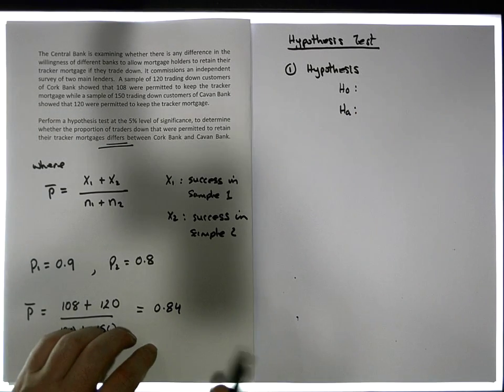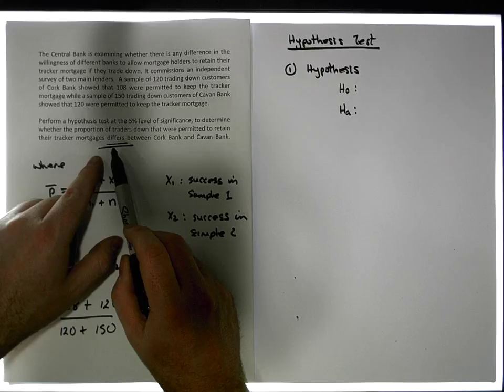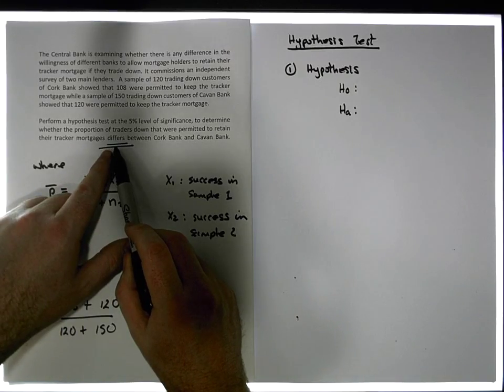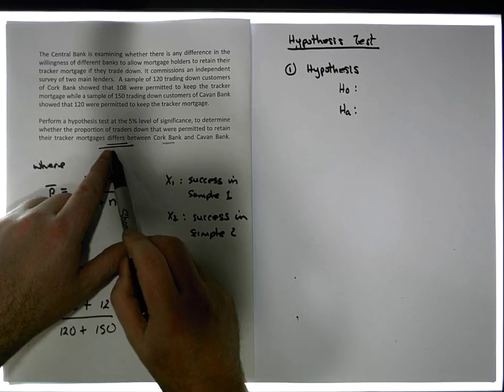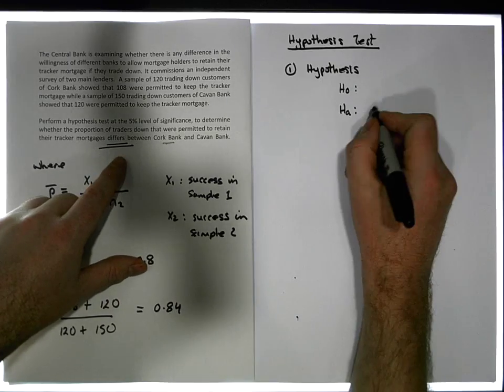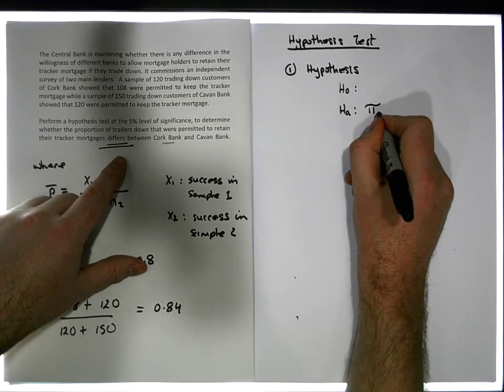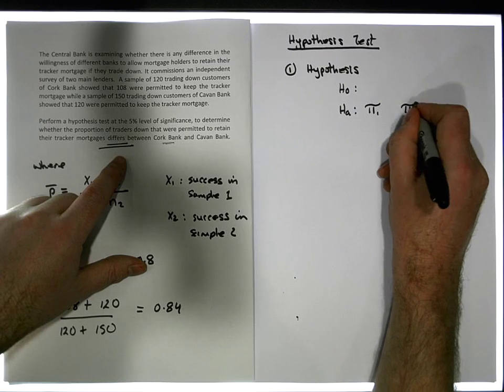Now, we want to figure out whether there's a difference between the proportion associated with population 1 for the Cork Bank compared to population 2. So what we have is population 1 has to be compared to population 2. The proportion